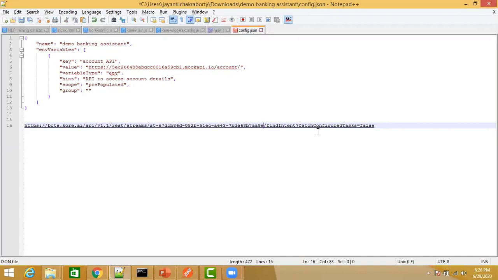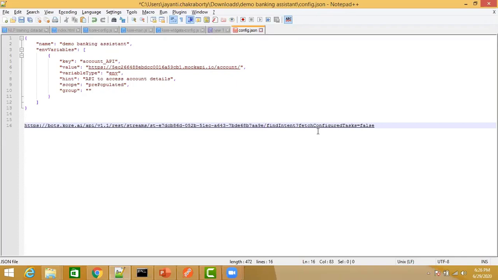Now, if you have published a task, the task can be in two states. It can be a published task, or if you, as a developer, have made changes to that task and not yet published, the same task is also available in the configured state. So do you just want to check in the published tasks and see whether any task matches the utterance of the user, or do you also want to check in the configured tasks as well?